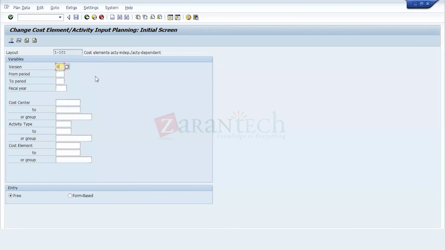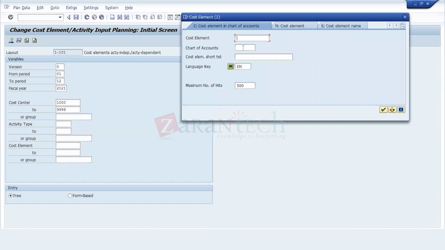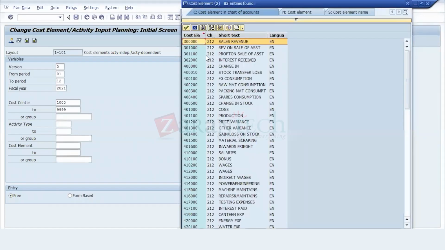Version 0, and then from period 1 to 12, and then fiscal year 2021, and then we have to give the cost centers. I have created a few cost centers ranging from 1,000 to some range within this, and also some cost elements. I'll take the cost element range from,